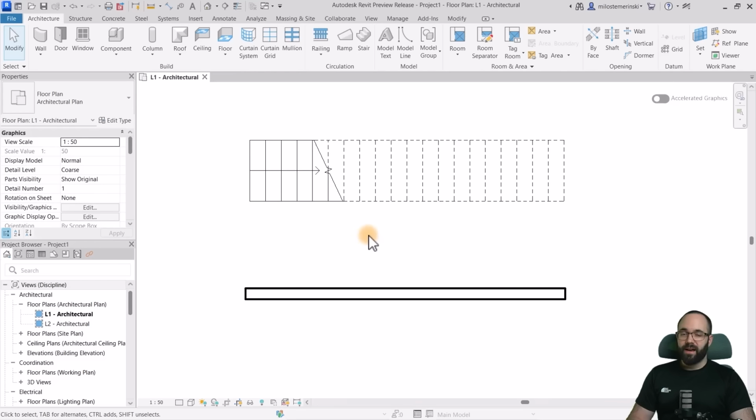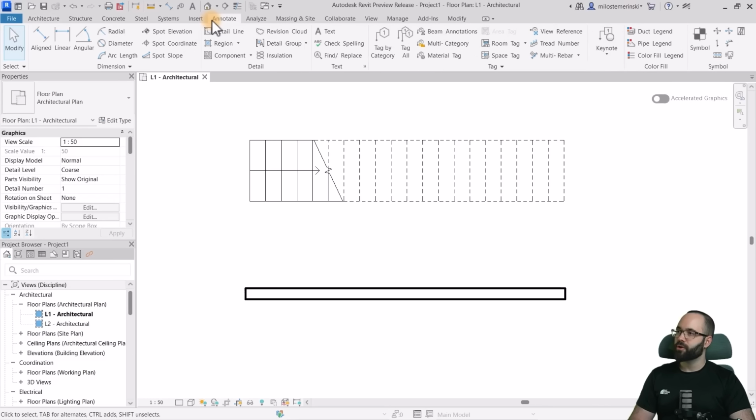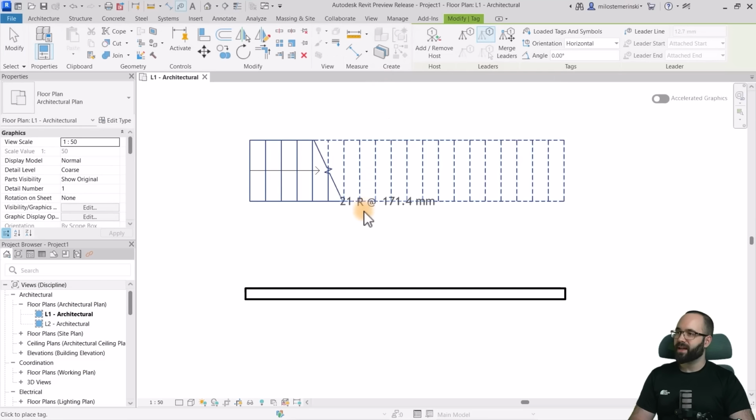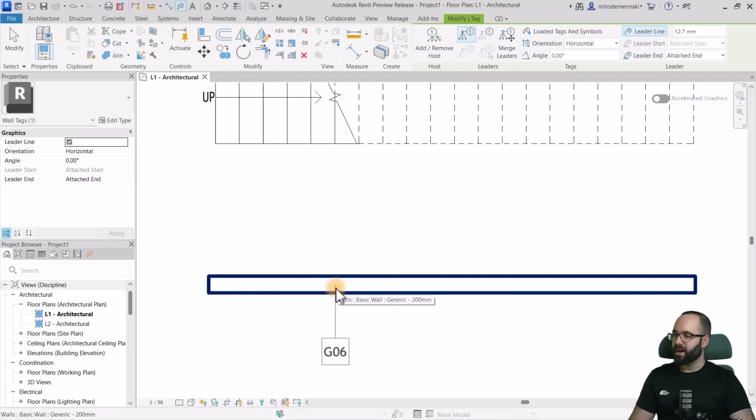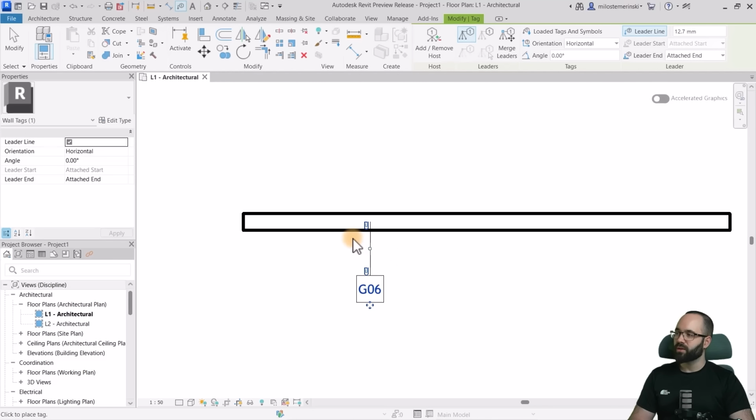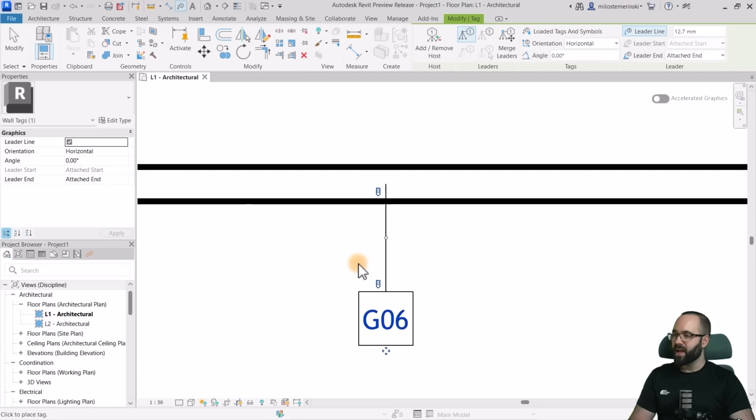Moving forward, we have some enhancements when it comes to leaders for tags. So if I go here to Annotate and then go to Tag by Category, and here I'm just going to turn on the leader line. You obviously have the option for attached end, or you can use free end. If I just go to attached end and now just apply it like so, what you'll notice is that we no longer have only the option for the attached end, we also have an attached start option. And here you can see that we have these little two clips on the tag itself and on